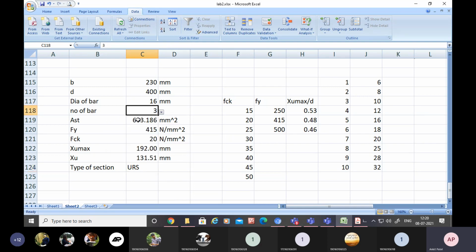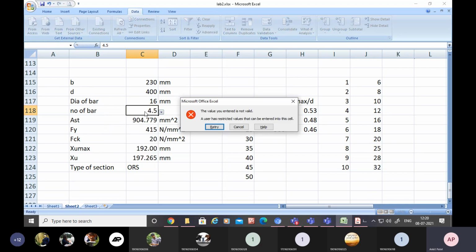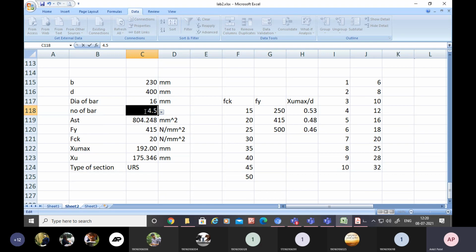So again I am going to use 3 number of bars, so under reinforced section, and we want a balanced section. So I am going to use this: with 4 it will not happen, so with 5 it becomes over reinforced, so something like 4.5 will come, so 4.5 197. So you can manage it and find out exactly where the balance section comes. So for that right now I am writing this 192. Look at this, balance section automatically, clear all of you, how to determine this type of section?